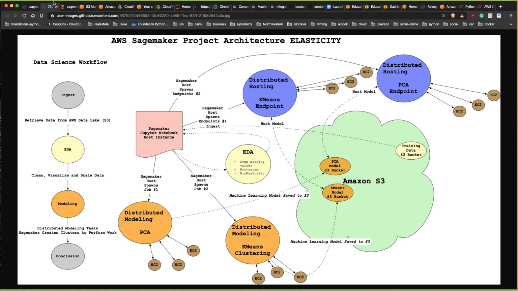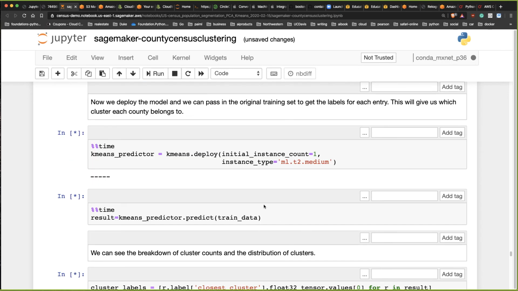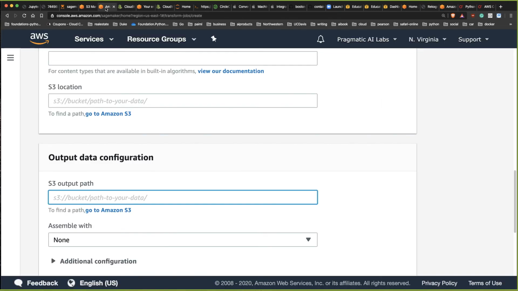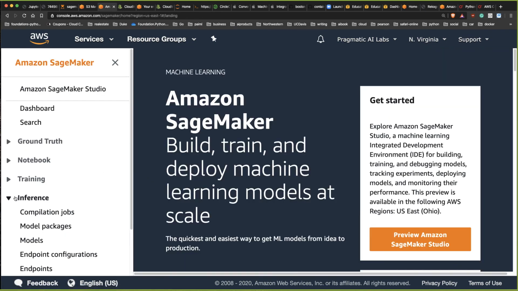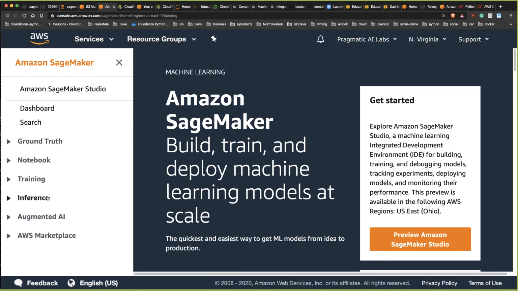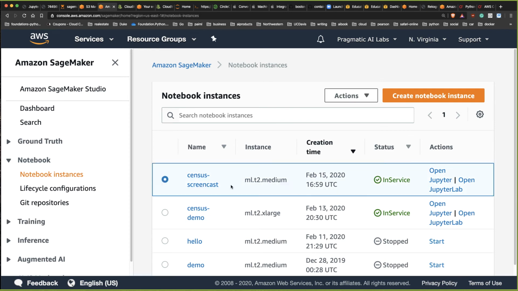So this should take just a second here. This is probably on its way. So one of the things I can do as well is go back to SageMaker here, and let's look at all the different things that we've got cooking. So we've got one notebook, or this is the notebook. I'm going to take this one, what I spun up earlier, and just save some time and show you what to do